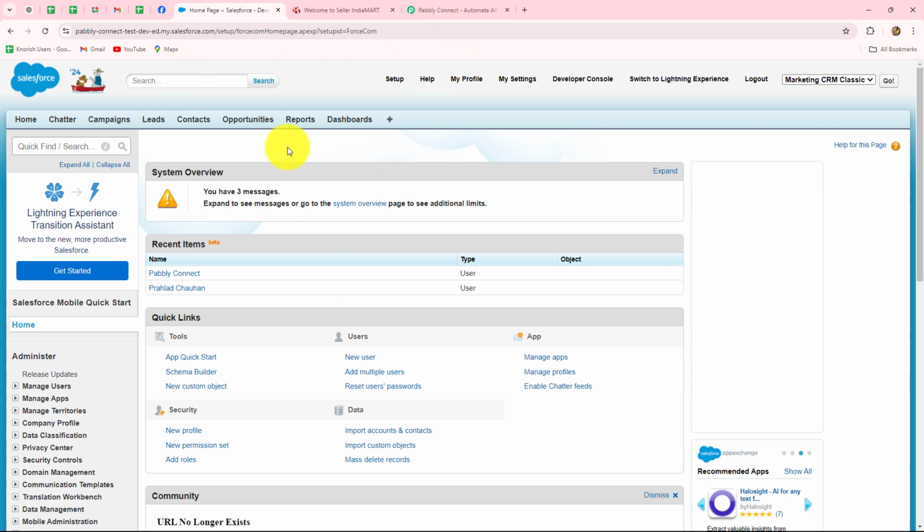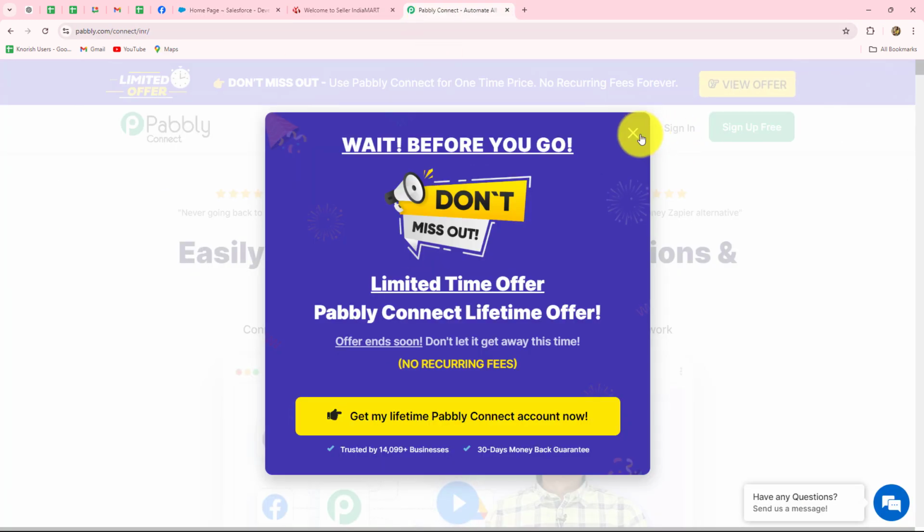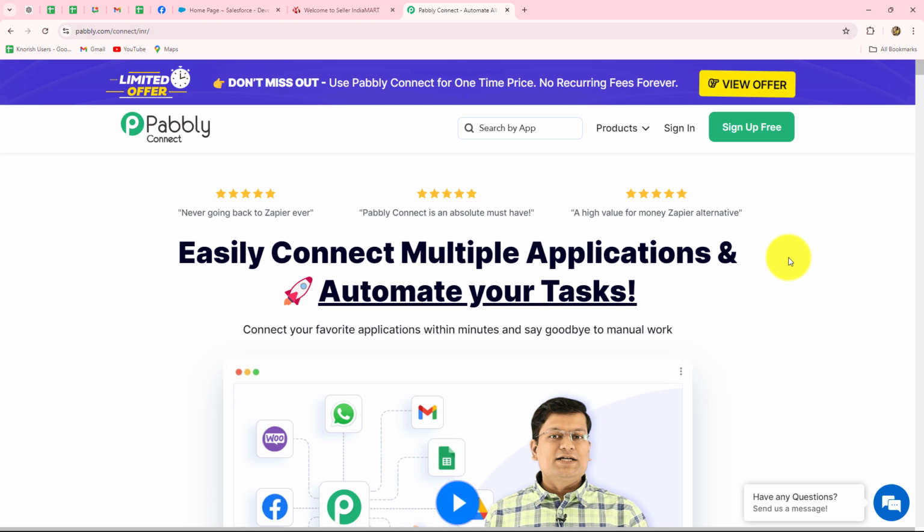Okay, so in order to automate this process, I will have to use Pabbly Connect, which is an amazing automation and integration software. With the help of Pabbly Connect, basically I'm going to set up a connection between my IndiaMART account and Salesforce without any coding and programming skills. So let's get started quickly. We are on the home page of Pabbly Connect, where we can reach by typing the URL pabbly.com/connect in our